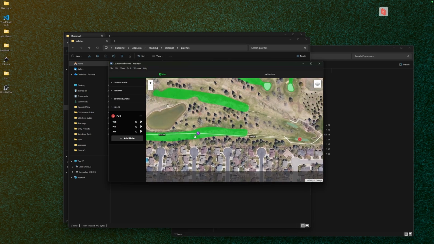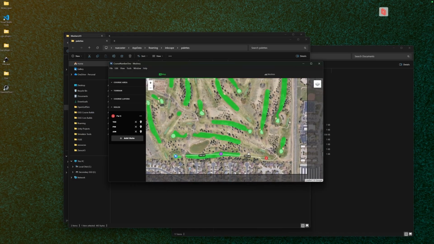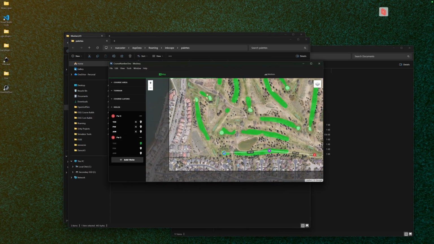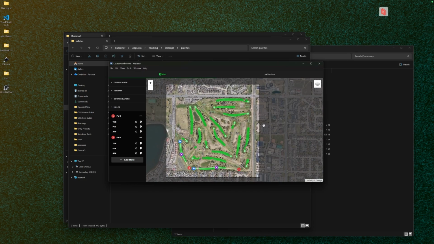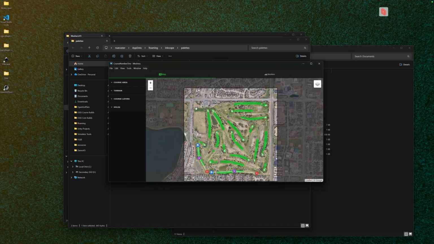So we've got one hole defined now. You can always come in here and edit and move these around a little bit better. There's still some bugs here, I think. But for the most part, you can get some holes defined. You can go through and do as many as you want. Tee, aim, and then pin, and then we'd set this to par 4. So go through, add all your holes, and then once you've got a course looking pretty good in 2D here,